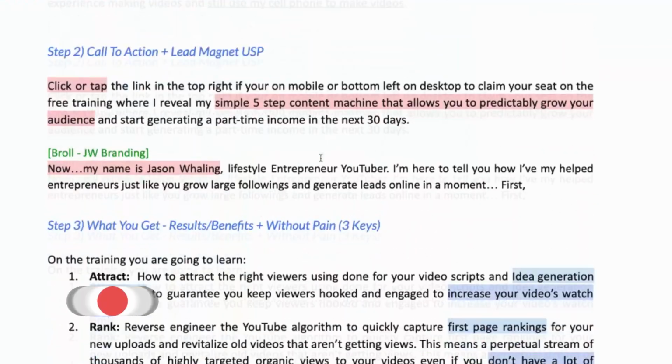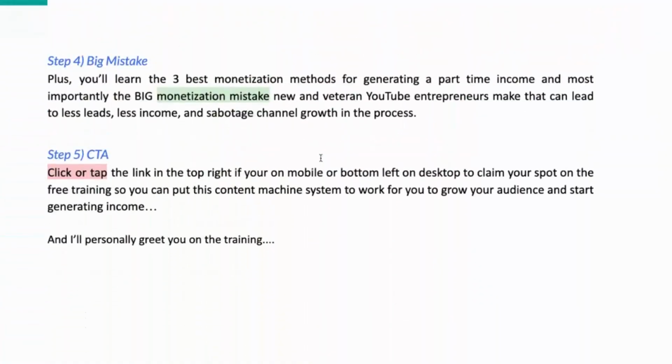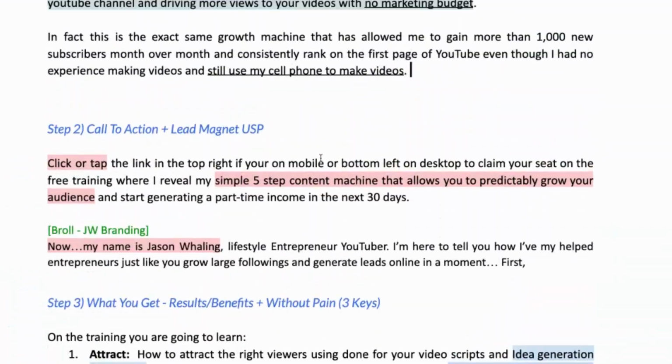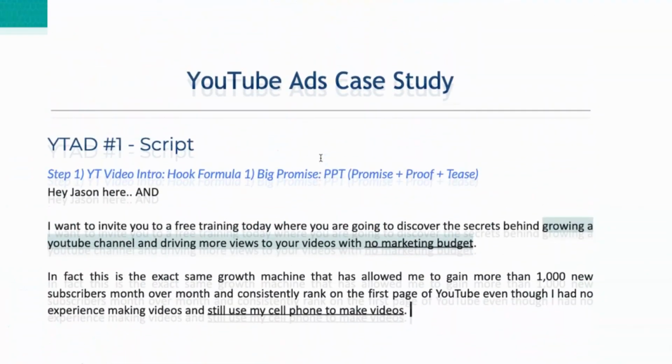If you want to jump around and go ahead and pause the screen, definitely remember that you should write your own. Like, copying and pasting what's here is not going to work for you, because it needs to be in your brand voice. And so with that, you have set up your lead generation campaign, and you have everything you need to get started generating leads on YouTube for just $5 a day.